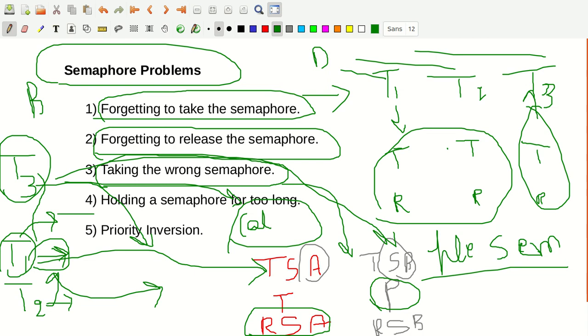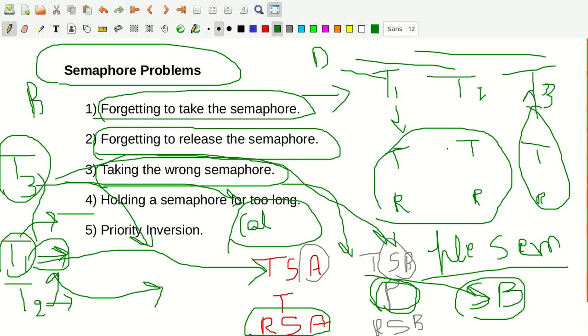So by using this multiple semaphore technique, T3 does not have to wait for the release of semaphore A, because the semaphore B key is free here. It will just take the semaphore B key and then access the pressure variable, and whatever task it has to do, it will do it. T3 didn't have to wait for T1 here. So that is how multiple semaphores have advantages.